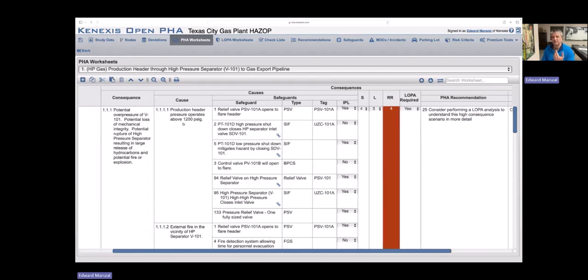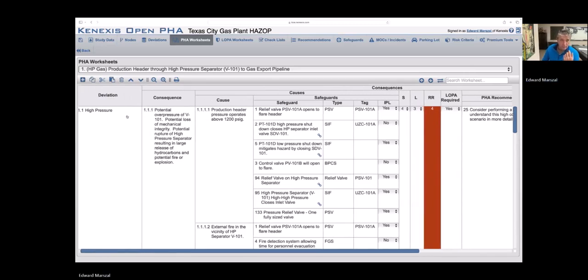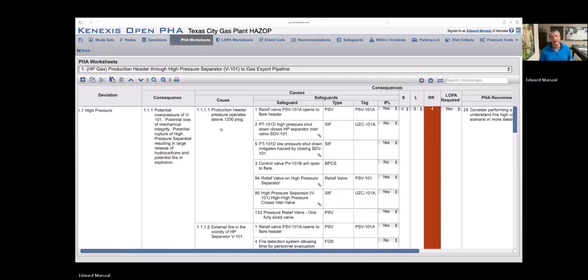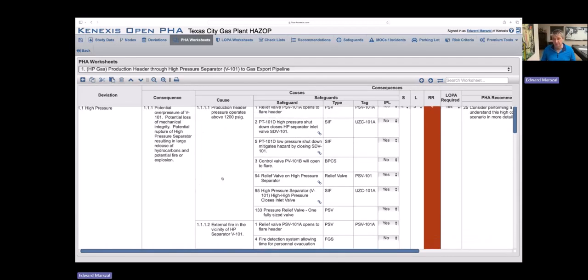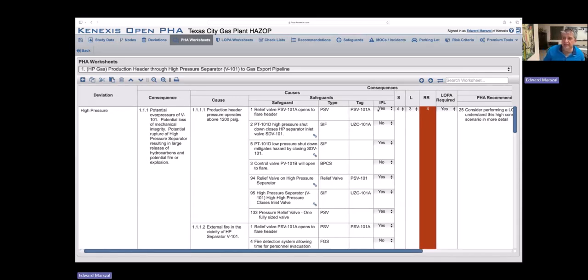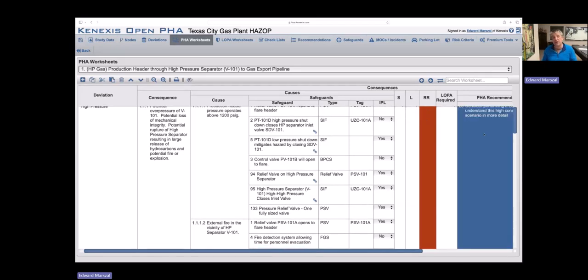Right now, this is a traditional study: I've got a deviation, I look at a consequence. I'm going to look at multiple causes for that consequence. Each cause is going to have multiple safeguards. And then I do a risk ranking. So this risk ranking that you're looking at here is a very common one: what is the risk ranking after I consider all of the safeguards, but before I consider the beneficial effect of the recommendations that I'm going to make